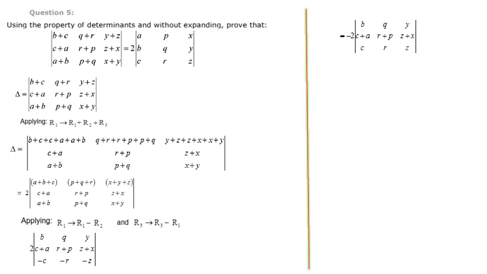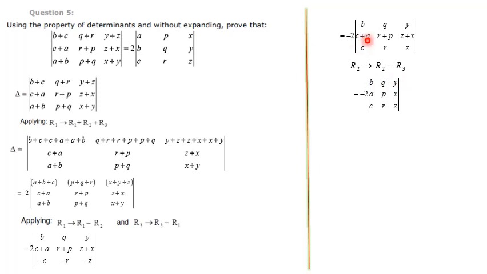Next, taking one minus sign common from the third row, we get minus 2 into determinant with rows (B, Q, Y), (C plus A, R plus P, Z plus X), (C, R, Z). Now you can see here C, R, Z we have got, and B, Q, Y also we have got, and only A, P, X is balance here. So A, P, X simply we will get. Here C is there, here C is there, which means if you subtract these two, C will be eliminated, and you will be getting A. So go for the operation R2 changes to R2 minus R3. After doing that operation, minus 2 into B, Q, Y, same as it is.